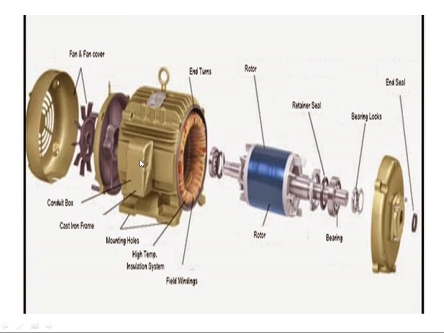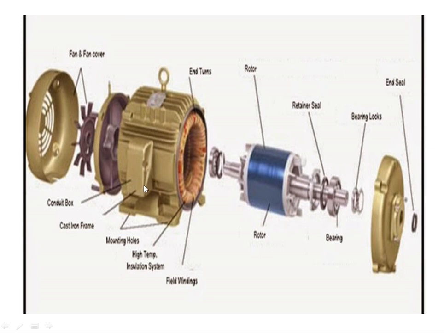Here we can see the different parts of the induction motor in an exploded view. We have here the back cover of the motor. Then this is also known as the fan cover, which protects the fan rotating for cooling purposes. The fan will be either a forced draught fan or it could be an induced draught fan. Generally, a forced type of ventilation system is used. Then there is the end cover, and this is the main frame of the motor, which consists of the